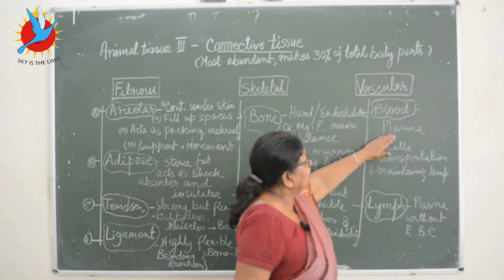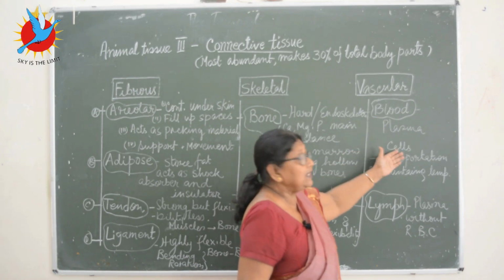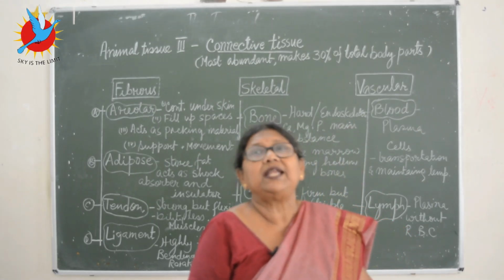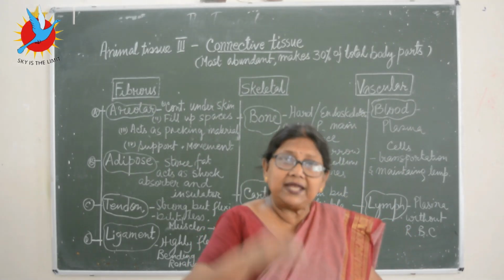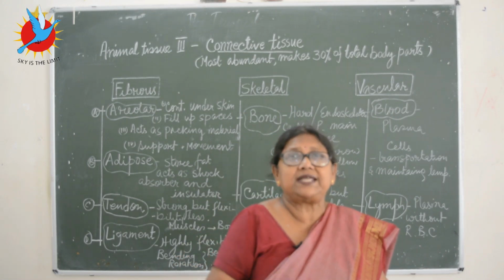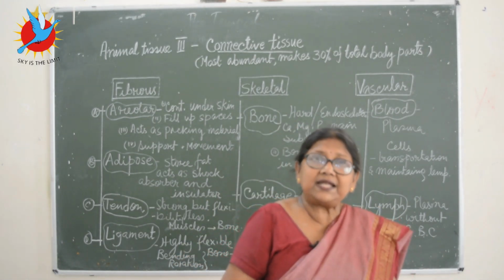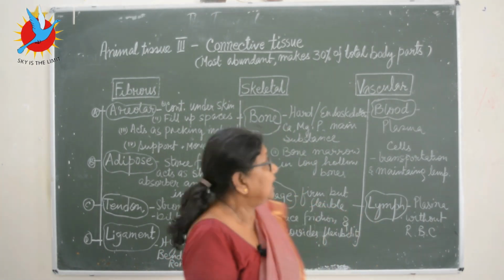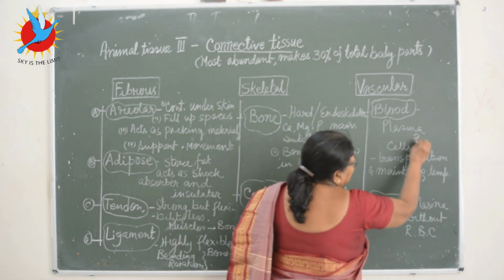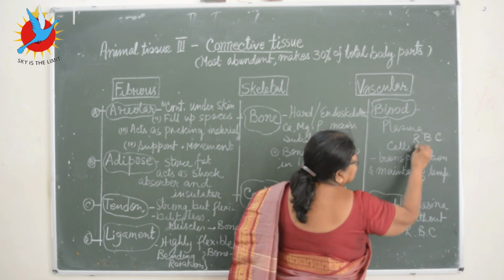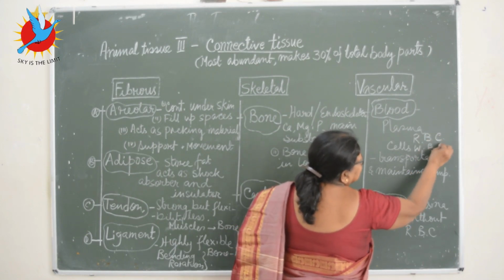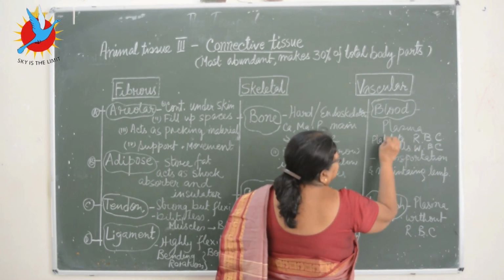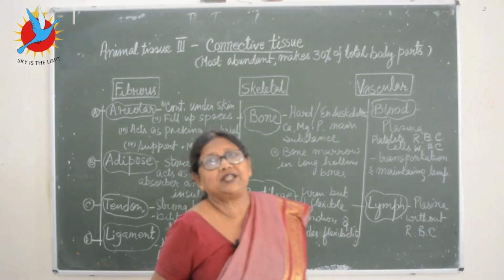This is the only liquid tissue, blood. Now, blood is made out of two parts. One is plasma and many cells are there. The plasma, the liquid part, the base, the matrix we call, is called the plasma. And in the plasma, the different types of blood cells are there. Red blood cells, white blood cells, and a third type called blood platelets. So the different cells, I will write in short: red blood cells, white blood cells, and platelets.